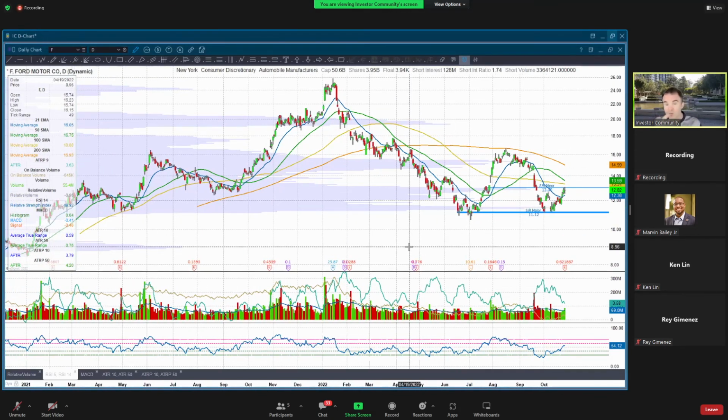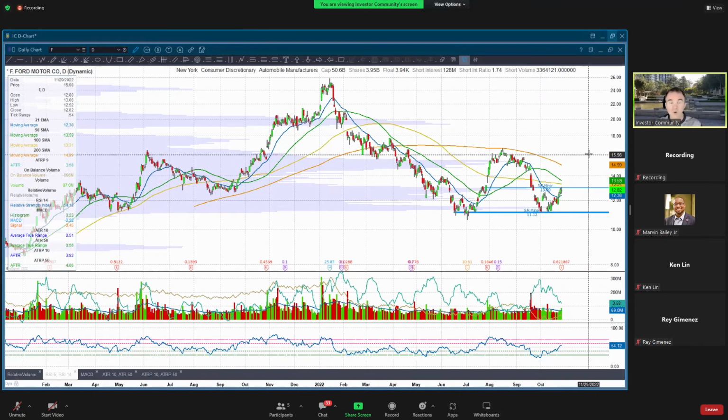But just be aware you're paying up on those LEAPS. As the market improves, implied volatility will probably come down, and the pricing of options will come down with it. So hopefully in that situation, the price forward is going up at a faster rate than implied volatility is coming